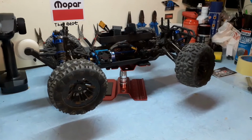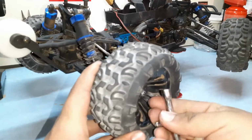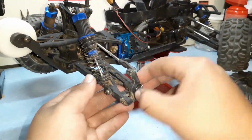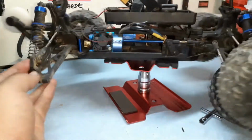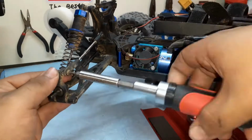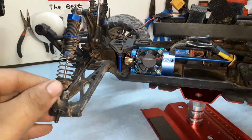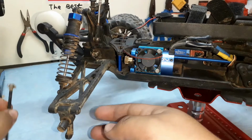Let's get to replacing the CV shaft first. Okay guys, so first I'm going to start with untightening the rear wheel so I can access the axle. Remove the drive pin from the axle, and now you have a screw right here you're going to have to unscrew. There we go, the link is unscrewed, and now we have access to removing the stock dog bone drive axle